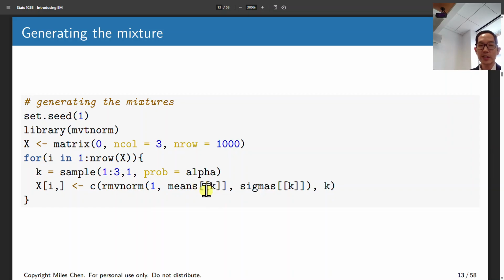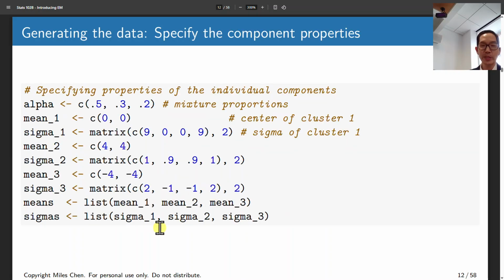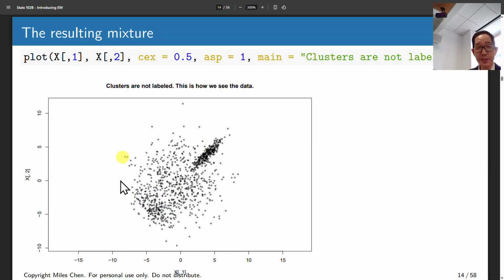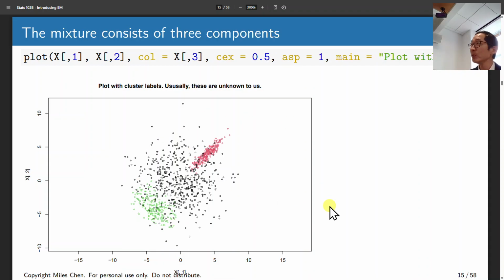And then when you select that, select the appropriate mean and sigma values, and then generate one random point there using mvrnorm. And this is our resulting thing. Now I can label or color the points based on the components that they were generated from, okay? And that's because I generated the data, so I know these data points came from cluster 2, and these came